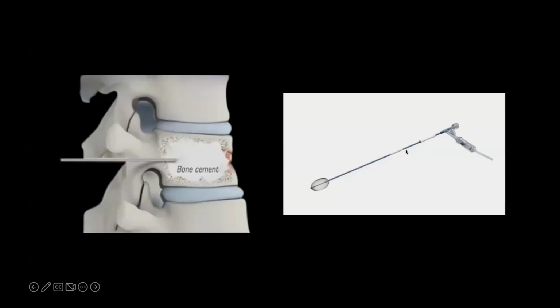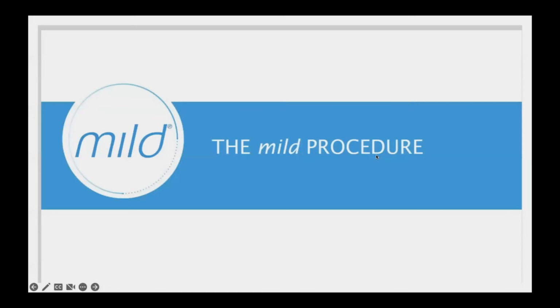This is what the balloon looks like. It goes through a little port we specifically put in that deeper part of the spine. We inflate this balloon so it creates a cavity that you can now fill in with bone cement. That cement is similar to when you imagine cement being laid out on a sidewalk to patch a hole or some break in the sidewalk. In a similar fashion, we're reinforcing the physical structure of the vertebrae.